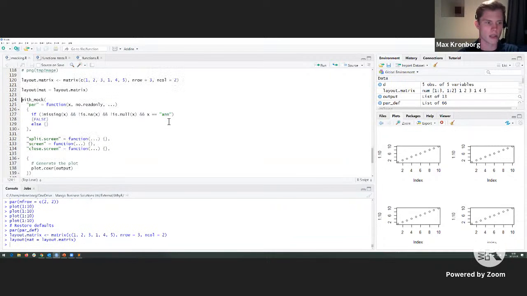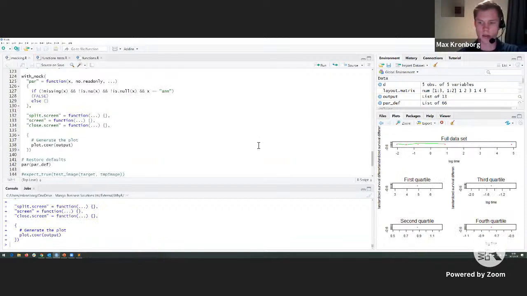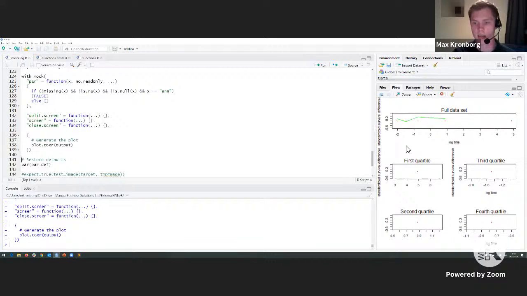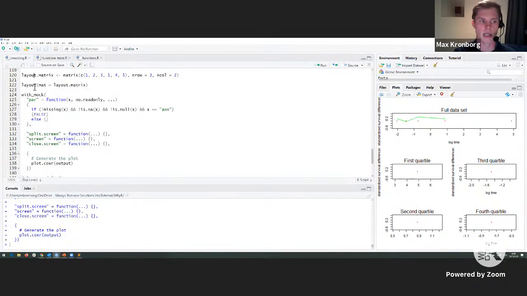So we set those values, and then when we run with mock, you can see here we basically prevented it from making all these changes behind the scenes, and we've told it, well, we've actually reordered the layout on our own to fit the output that it produces. So in this way, we've managed to use it to make it possible for us to test something in the first place, which is one example of how to use it.